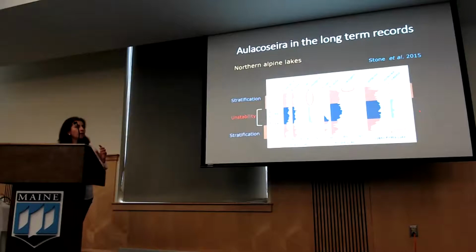So they suggest that between that period, the lakes experienced instability during the Holocene, and that